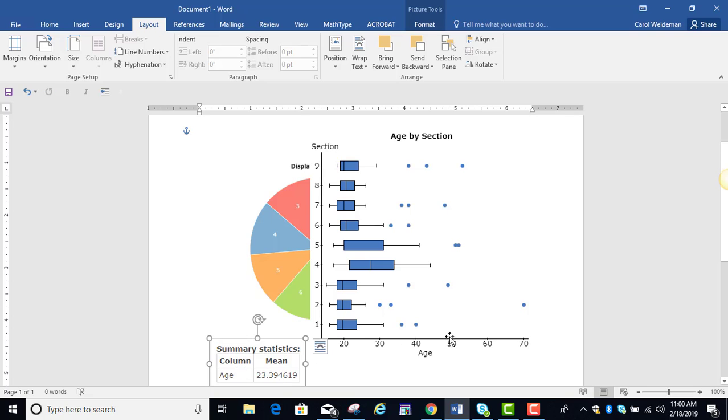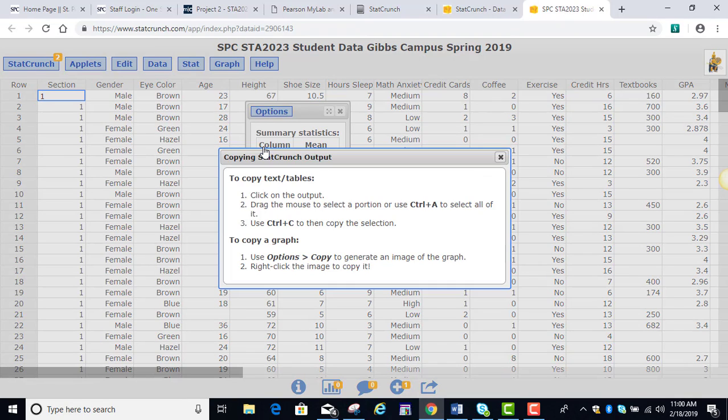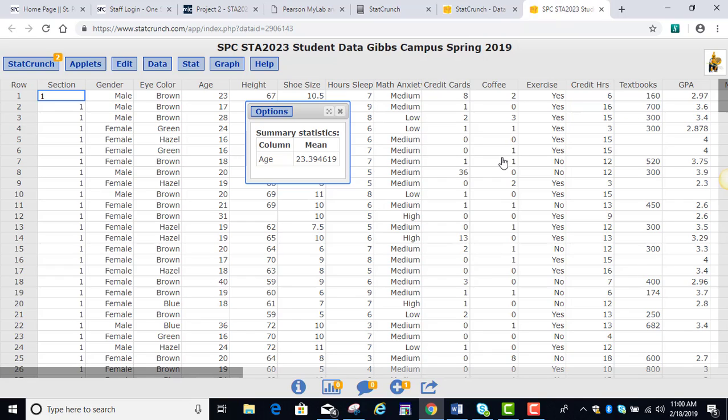So just a suggestion on the summary stats, the copy function, it is here, but it just doesn't come out as neatly. And you're just going to drag your mouse if you're going to copy it the way they suggest. It just does not save the formatting. It's not very pretty. The other thing